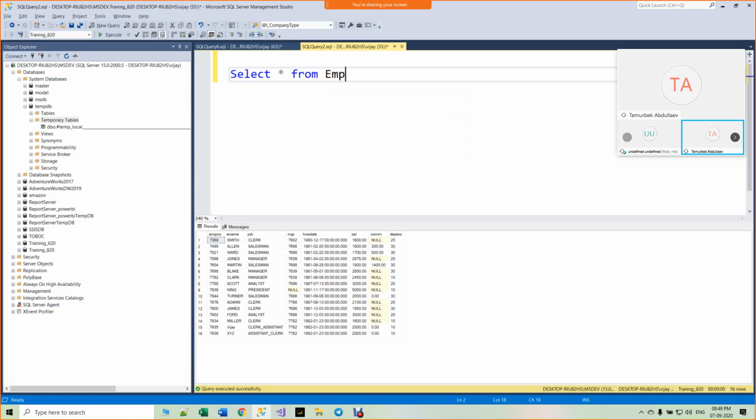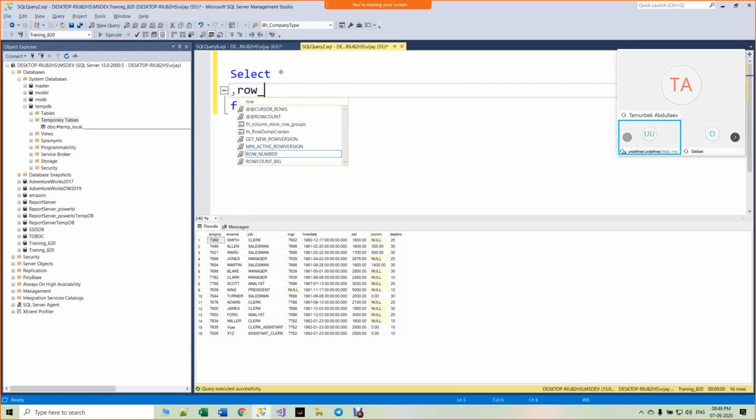We have the employee table. I want to generate a row number. Row number is one of the window functions. Let's take an example: I want to generate a salary for each department.